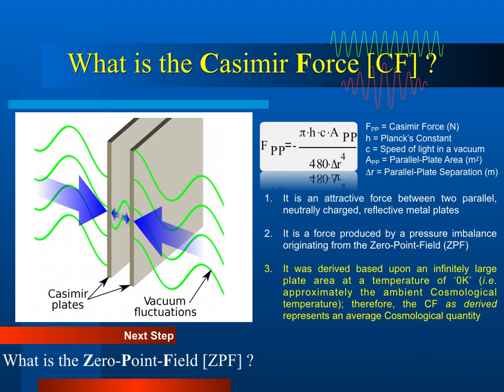Although the Casimir force is commonly described as an attractive force, it is not literally a force of attraction. Rather, it is a physical manifestation of the field pressure differential acting across the system per unit area, pushing the plates together. In other words, the environment does work upon the system in search of a new equilibrium state, due to the absence of virtual particle pairs emerging from the zero-point field between the plates.